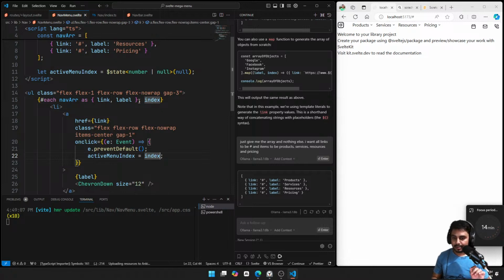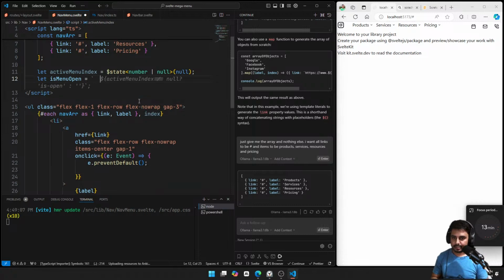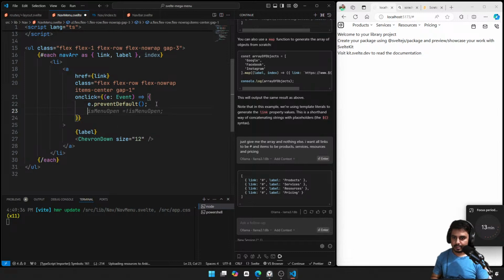But if we click on it again, then we want to set it at null. Or maybe let's just go with something even simpler. Let isMenuOpen equals $state false, and then let's say isMenuOpen is equal to not isMenuOpen, and in this case we are going to say